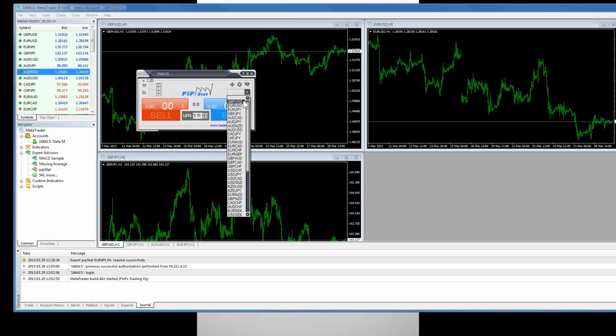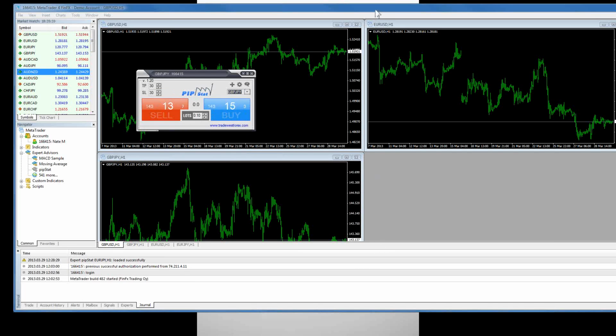So the first thing about Pip Stat that I really like is that, by suggestion of traders, we've actually moved the symbol selection and the currency pair selector to the front of it, and it makes it really nice because you can go to it and say, okay, let's say we've got the pound yen right here. We go in and we find the pound yen. Okay, pound yen, so it opens up there. Now look what that just did.